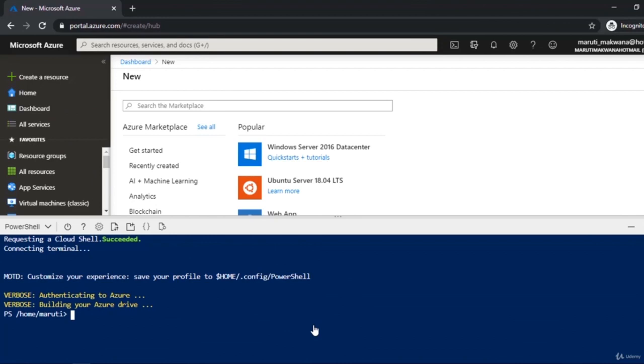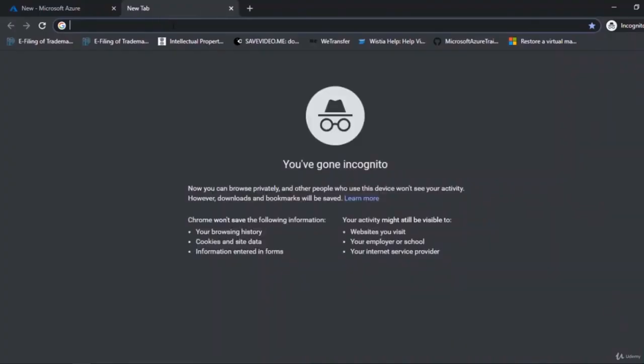The better way to deal with this Cloud Shell is you first click on this button, do this process which I have done just now. Once this process is configured and your Cloud Shell is connected with the storage, it is advisable you close this and then you open a new tab in which you're going to type